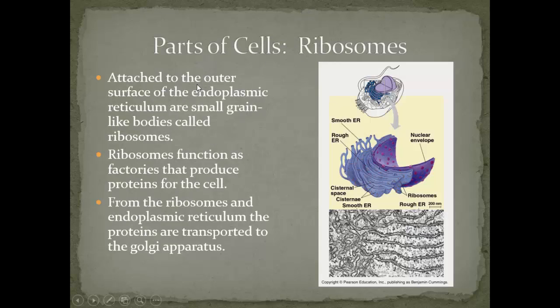Ribosomes are attached to the outer surface of the ER and are small grain-like bodies. Again, think of it like if you ever touched sandpaper before, that's what it feels like. I'd assume, right? Because I've never really felt an endoplasmic reticulum, but think of it like that. Ribosomes make proteins. As I've stated before, proteins are incredibly important. So these ribosomes make these very important proteins,